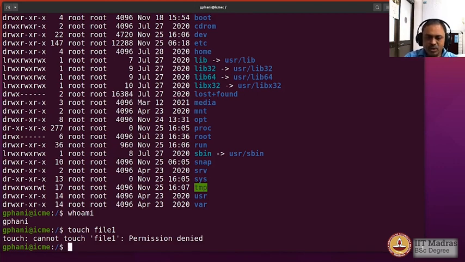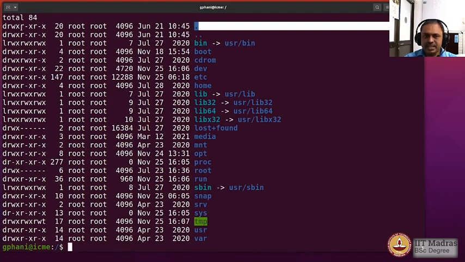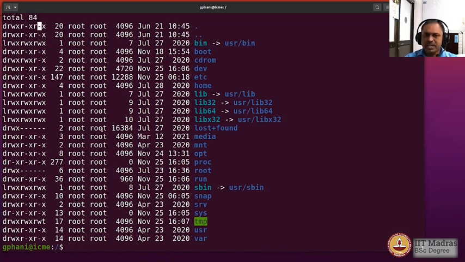Okay, and how do I know that? ls -la, and for the current directory, which is the root directory, there are no write permissions for others, and my username is not matching the root, therefore I am an other user, and therefore I don't have write permission, so I can't create a file in this particular folder. Okay, so that is how the denial happens for the creation of files.